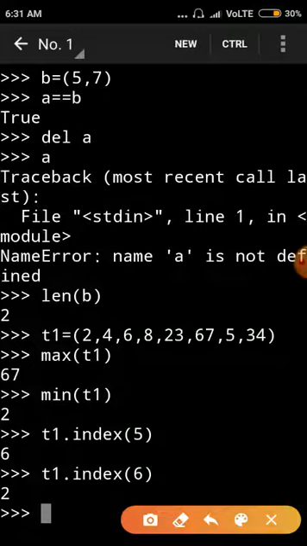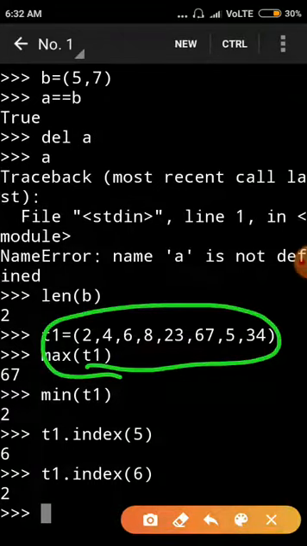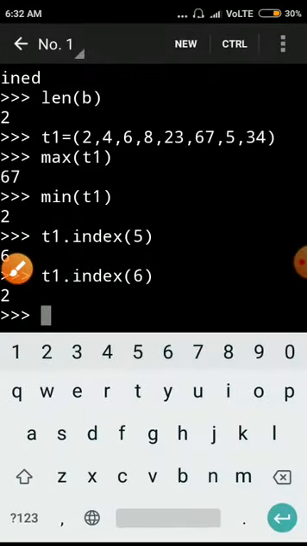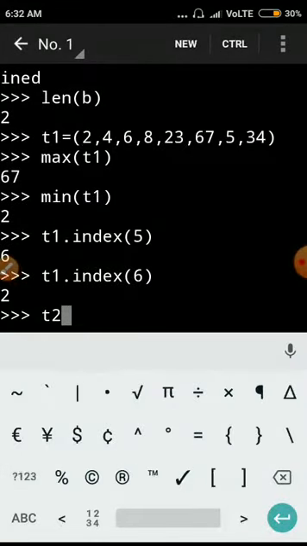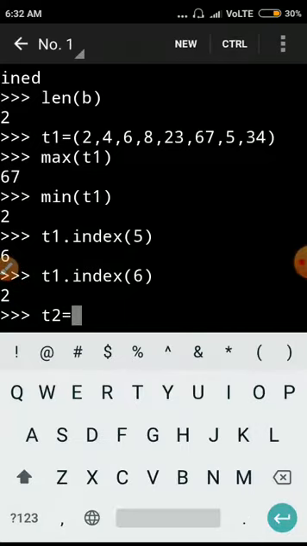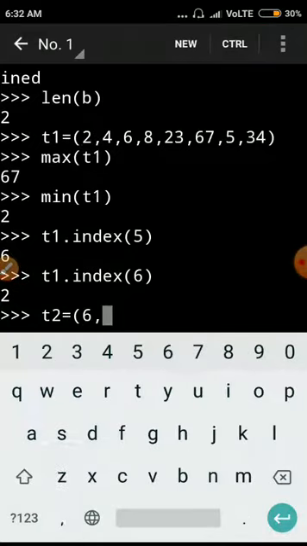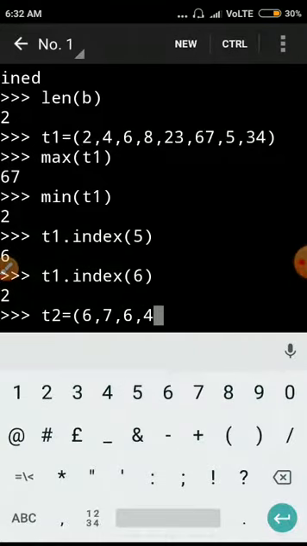Now the next function is the count function. The count function returns how many times an element appears in our tuple. In this tuple no elements are repeated, so I will create one new tuple, t2, and inside it I write some repeated elements: 6, 7, 6, 4.